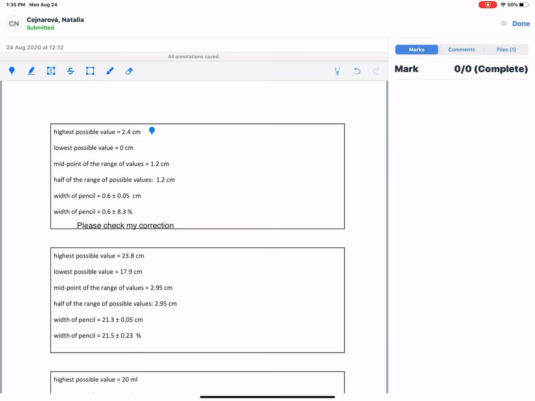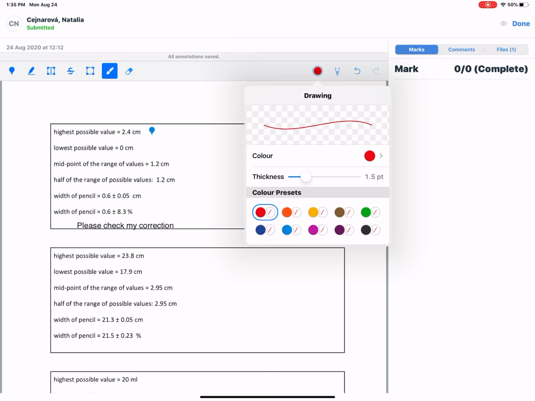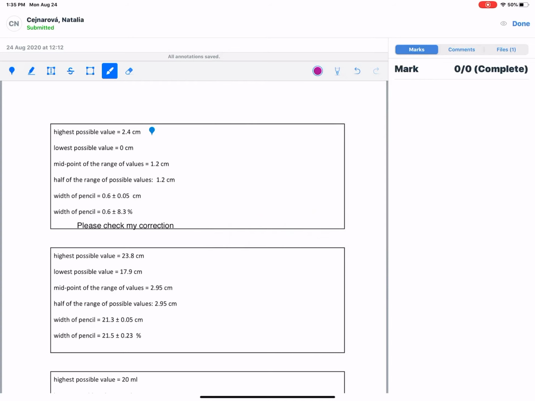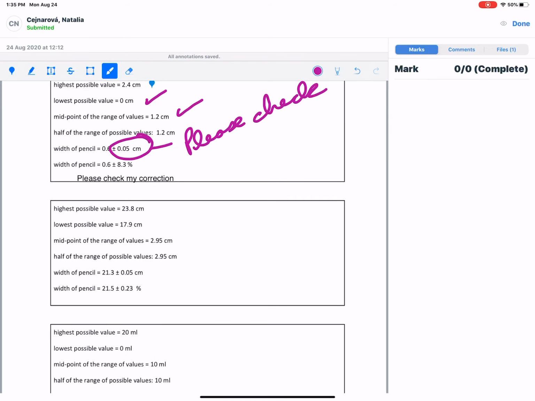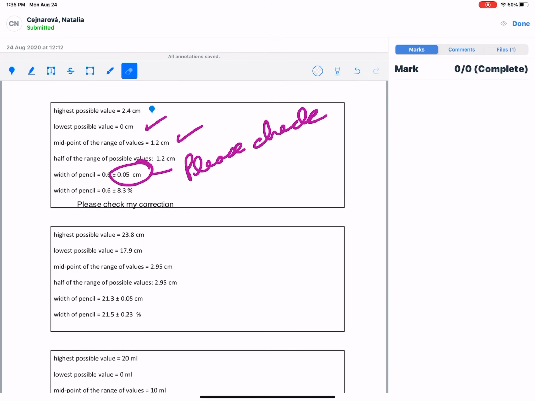And the best part about this is the pen. So I click on the pen. If I click on the color, I can adjust the thickness of the pen. And obviously I can adjust the color of the pen. And then with that, you can actually go in and add marks and circle and say, please check. So on and so forth throughout the whole document, and you can save it. There's also the eraser function, which then you can go in and you can erase